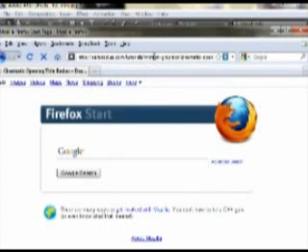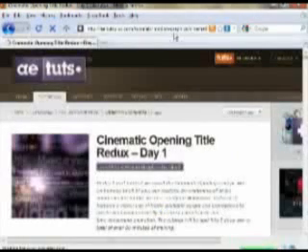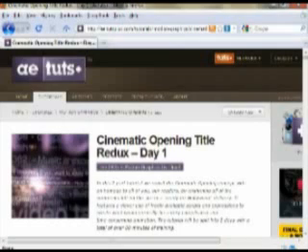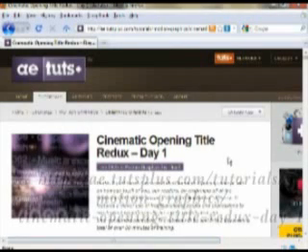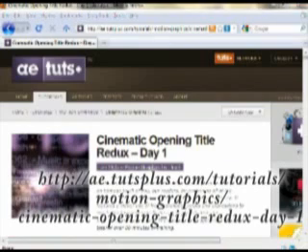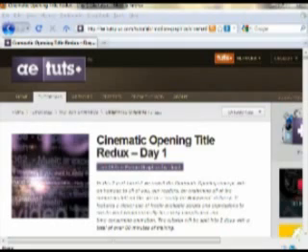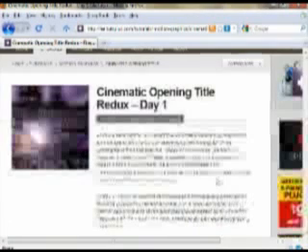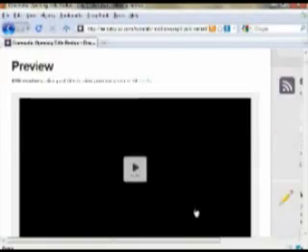And how I did the text is something different. I got it from this tutorial. I know you guys probably can't read it, so I'm going to send the link through chat if chat will let me. Yeah, so there's the link if you guys want to follow along, and it's from an excellent Adobe After Effects tutorial site called ae.tutsplus.com, and this is the cinematic opening title redux tutorial, and basically he just walks you through how to do